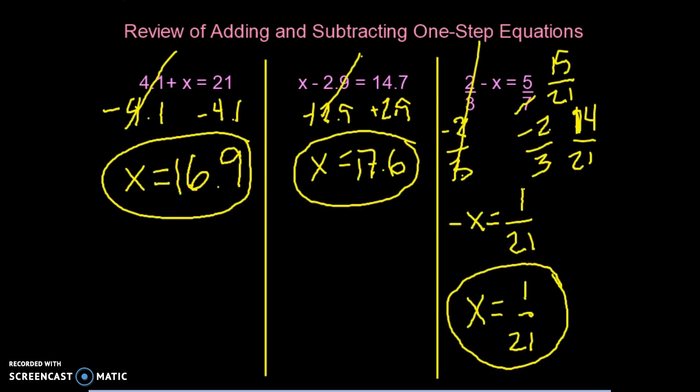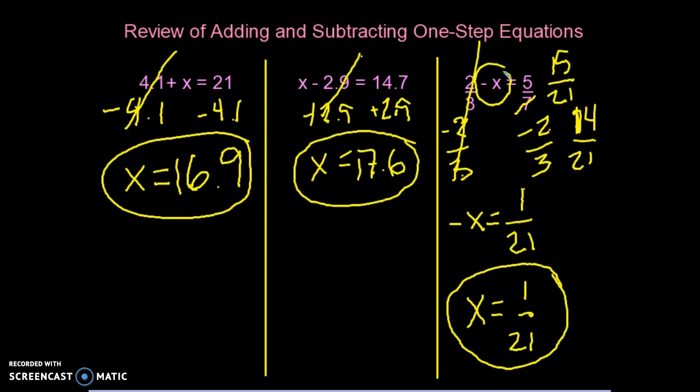The first two examples were pretty straightforward. On the first one, you're subtracting 4 1/10, x equals 16 9/10. The second one, you're adding 2 9/10 to both sides, x equals 17 6/10. The last one was a little bit more tricky. You had to subtract 2/3. You also had to find a common denominator of 21. And then you would also notice when you subtract 2/3, you're not just left with x, but you're left with